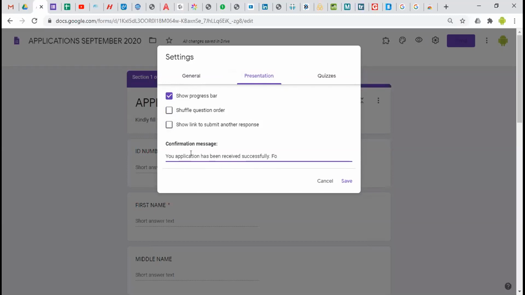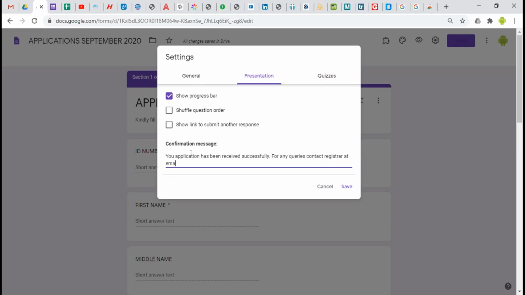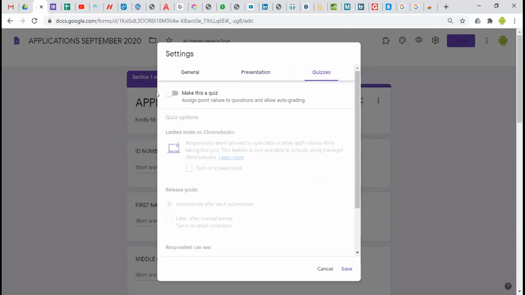For any queries, contact registrar at, so you put your email. You can also put a number if there is a number. Then you save. So in case it is an exam, you convert it to a quiz now.